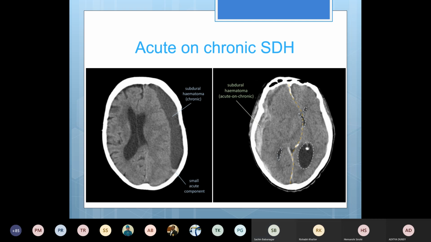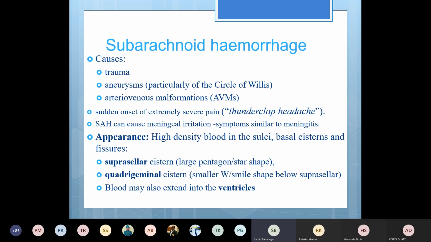Okay, and here you have a chronic subdural hemorrhage, but with a small amount of acute hemorrhage on that. So this is acute on chronic SDH, subdural hemorrhage. This is on the left side, this is mass effect, and the midline has shifted to the right side. This is right, this is left. If you see the ventricle is pushed to the other side, wherever it is pushed to, that is the direction of midline shift, towards the right side here. And in this case, there's midline shift towards the left side. You can see the effacement of the ventricles here, and you can see there is ex vacuo dilatation of the left side lateral ventricle occipital horn. So that happens when there is mass effect.